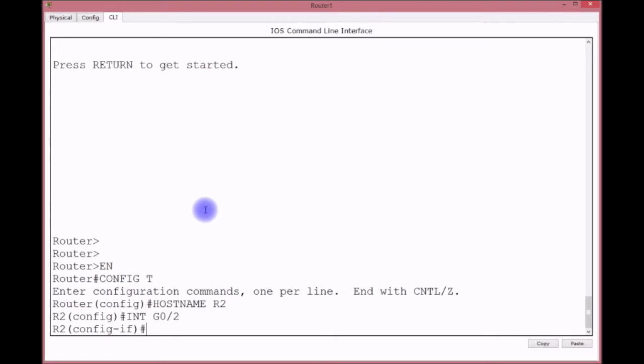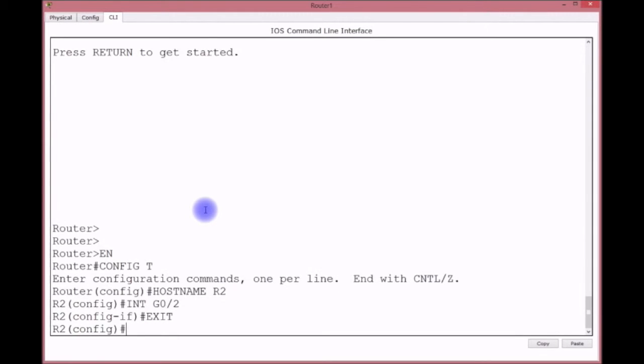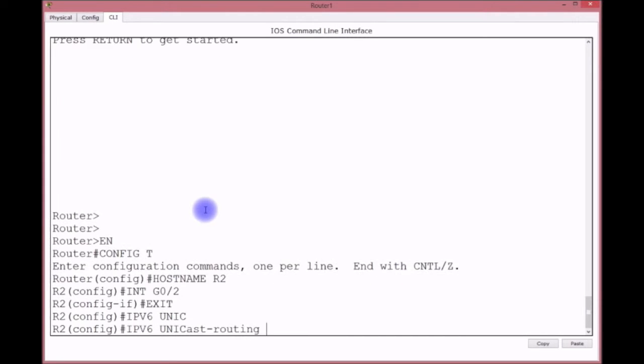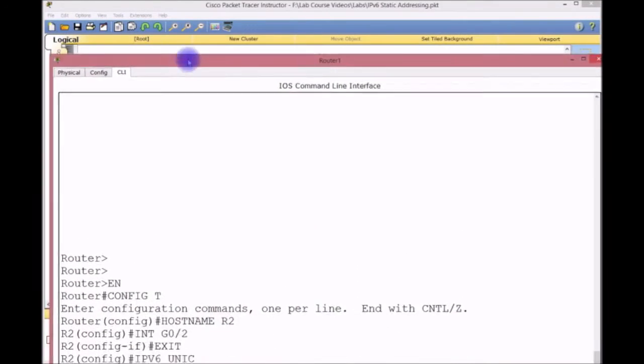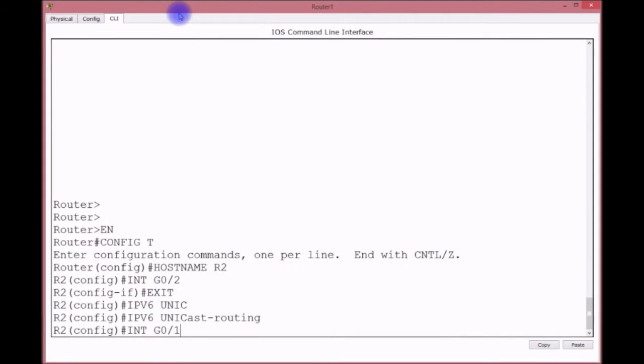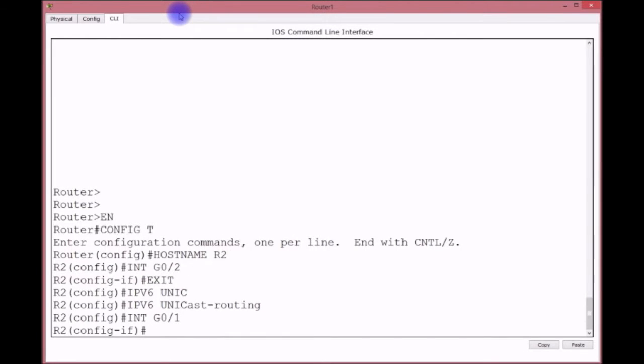All right. What do we need to? Oh, look, I was going to do it. What did I forget? I told you I always forget to. IPv6 unicast routing. Don't forget it. Don't forget it. Just up arrow to the interface. It's not G0/2, it's G0/1. Am I right? Wrong? Yeah, G0/1. So we're going to go